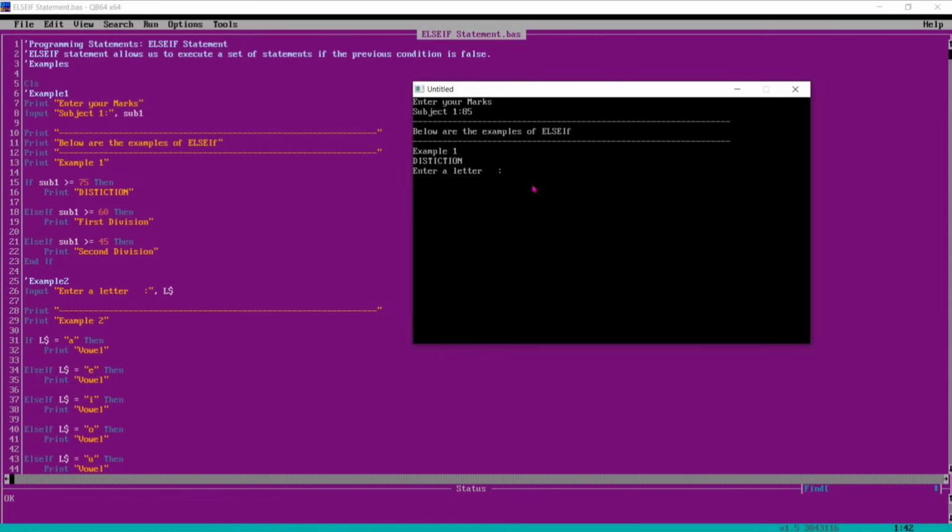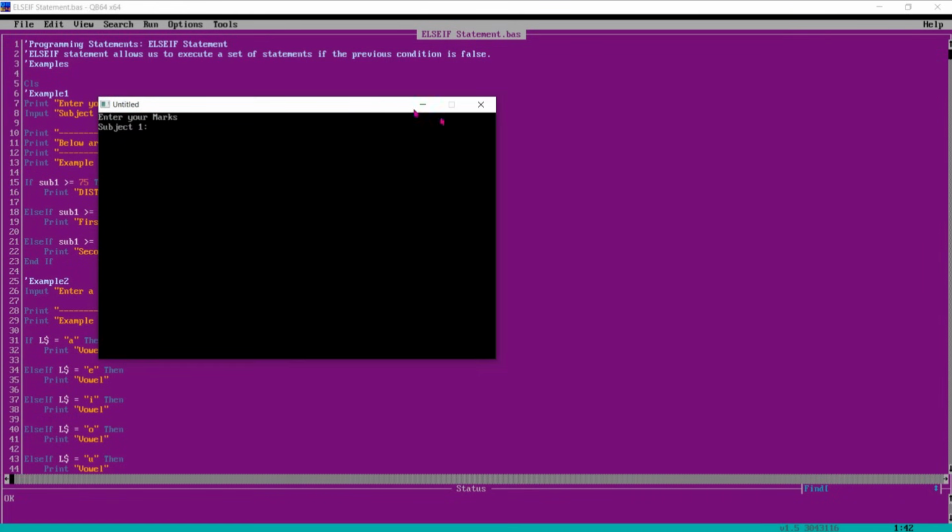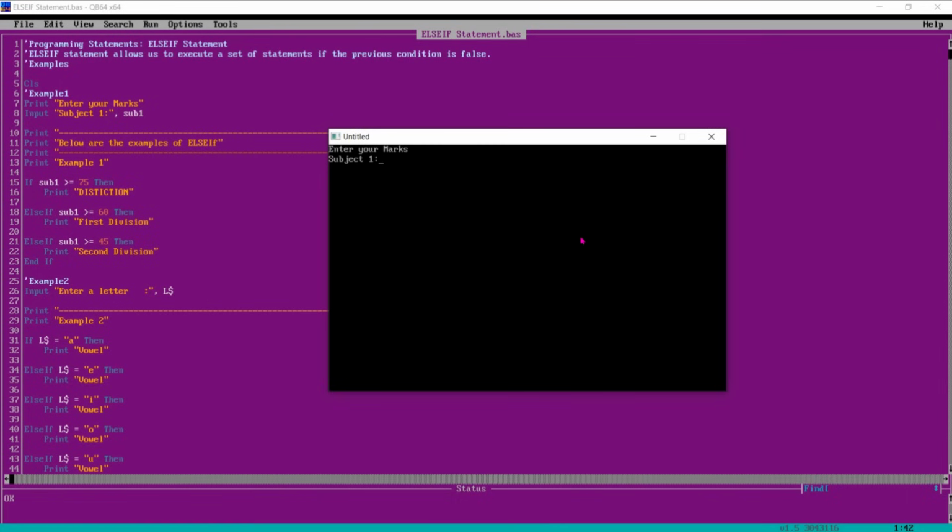Enter a letter. If I enter A, it is vowel. Example 2 is printed. Now we will execute it one more time. This time we enter subject marks, let's say 65. So it's first division.